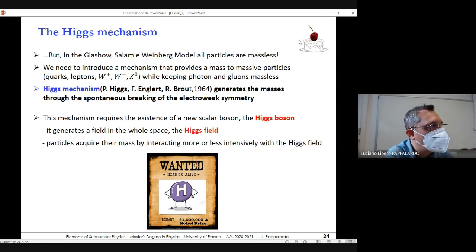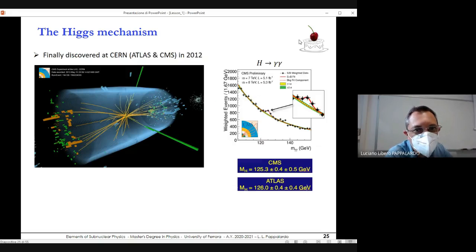So the Higgs mechanism solved the problem of the masses, but of course there is a price to pay, and the price to pay is that we have to find experimentally this Higgs boson. If we don't find the Higgs boson experimentally, then the whole theory is useless, doesn't work. So the Higgs boson was predicted already back in 1964, and essentially after the 70s and the 80s, it became the main priority of all high energy physics experiments. So the search for the Higgs boson. The discovery, as you all know,